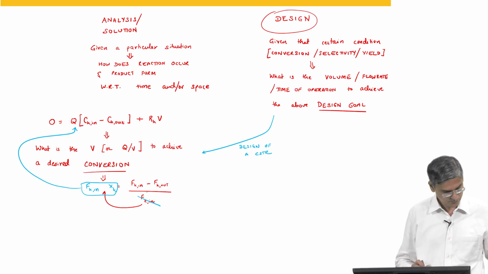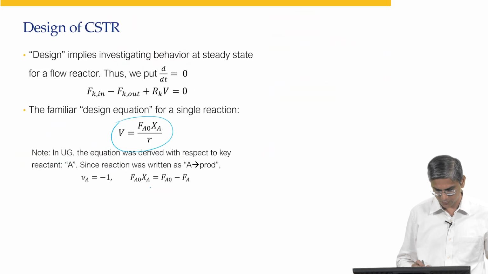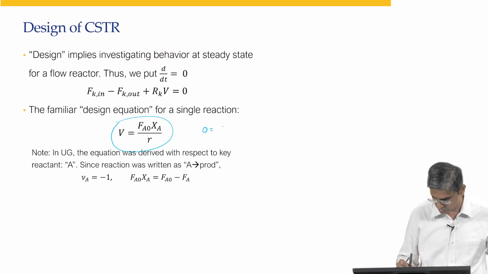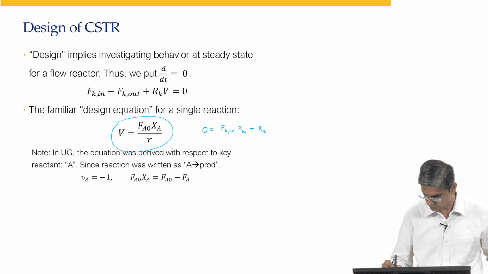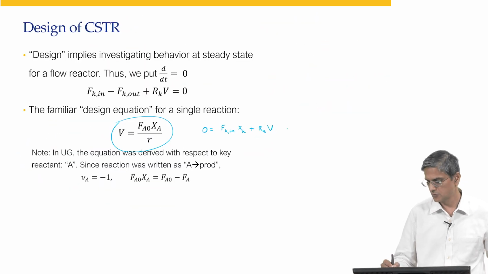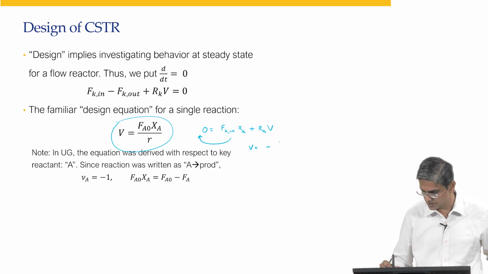Fk0 xk plus rk V equal to 0. So 0 equal to... If we take this onto this side and divide by rk, we are going to get